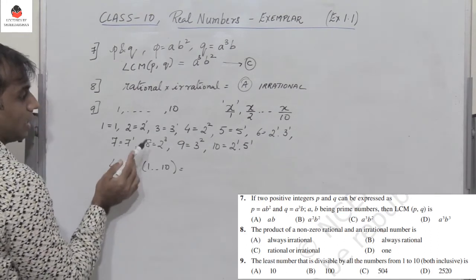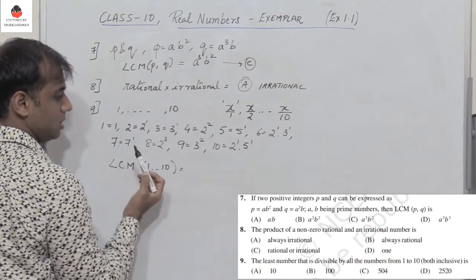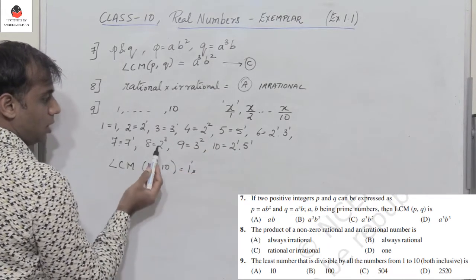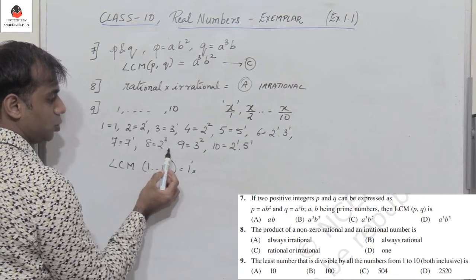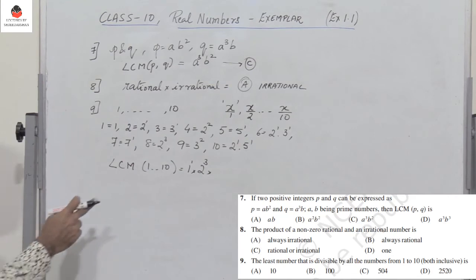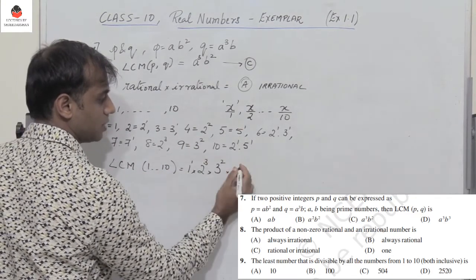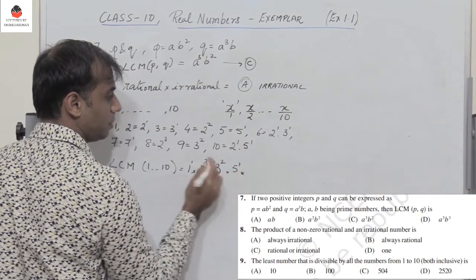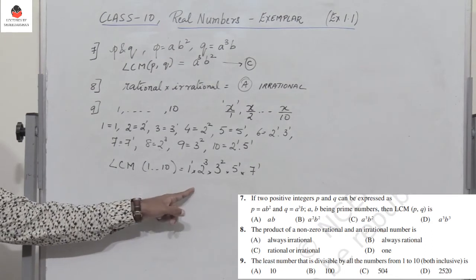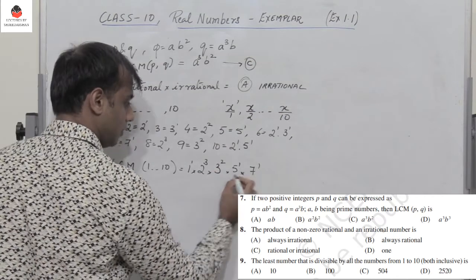So I need to find the highest powers of 1, 2, 3, 5 and 7, the prime numbers. So I have 1 power 1 into, now identify the maximum power of 2, which is 2 power 3. So I have 2 power 3. The maximum power of 3 is 3 square. So I write 3 square. The maximum power of 5 is 5 power 1. And the maximum power of 7 is 7 power 1. So we get 1 into 2 cube into 3 square into 5 power 1 into 7 power 1. And that would give me a value equal to